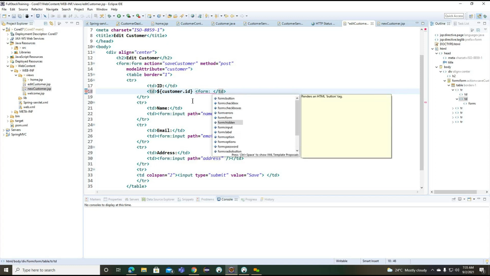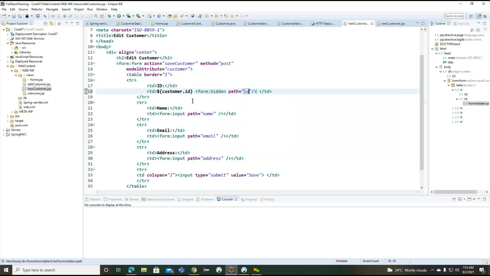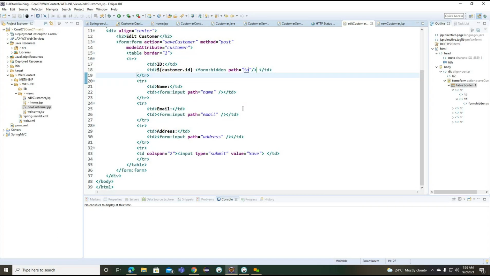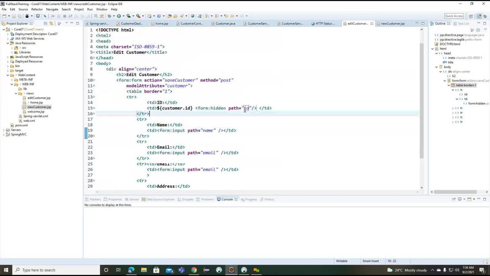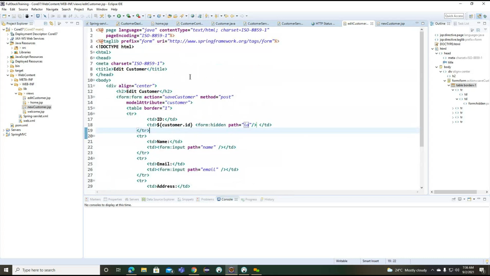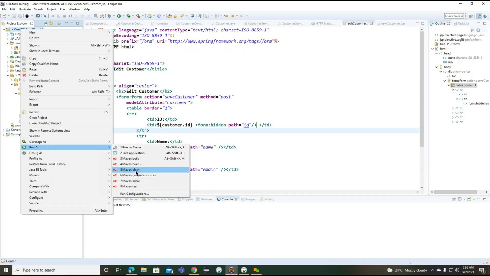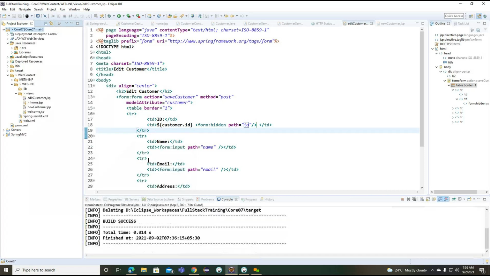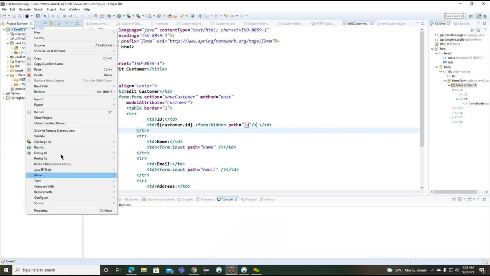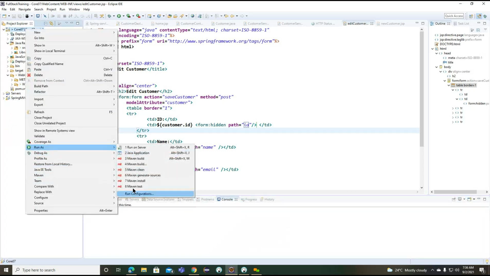Form colon ID. Right? So this is all about the simple information regarding our edit customer. Let's see, we'll try to start the same example here. Before starting, first we need to clean here because we are getting some exception regarding the ASW class related error.